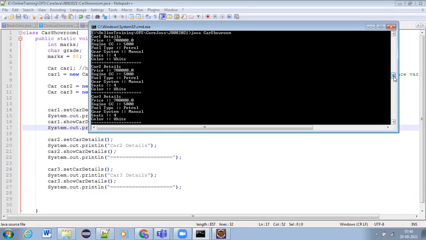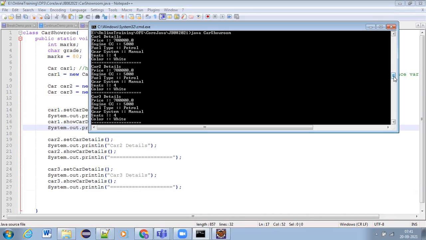But is it clear, guys, how we are creating the objects and how we are using the class members through objects, and how the data of one object is secured by only that particular object, within the boundaries of that object, how it is not exposing to the outside world? Data is not exposed to the outside world without object; the data is always constrained within the boundary of the object only. Clear, guys?